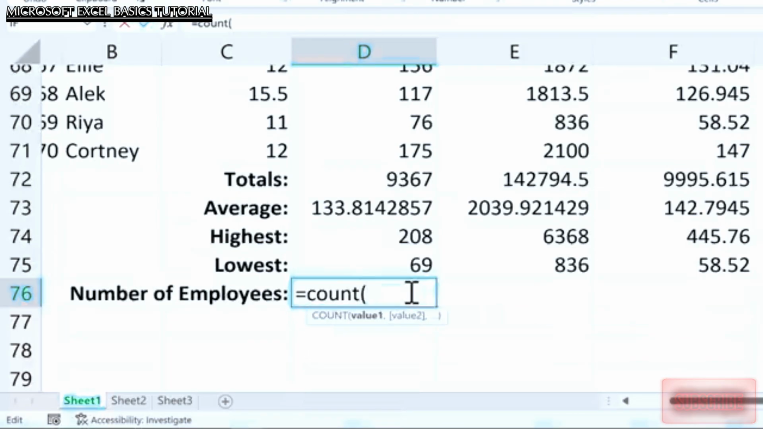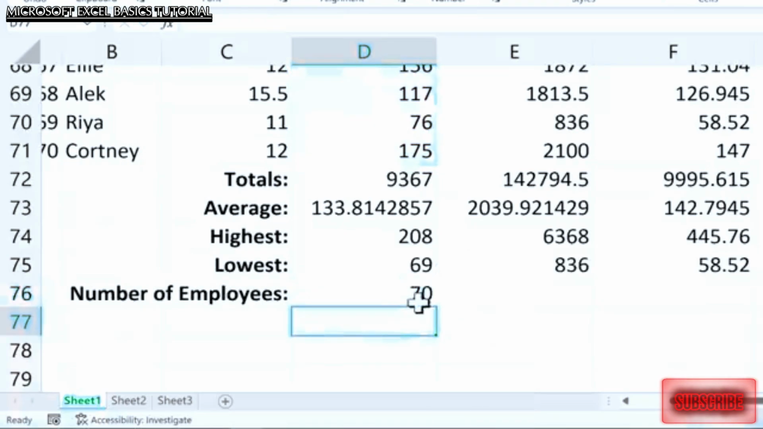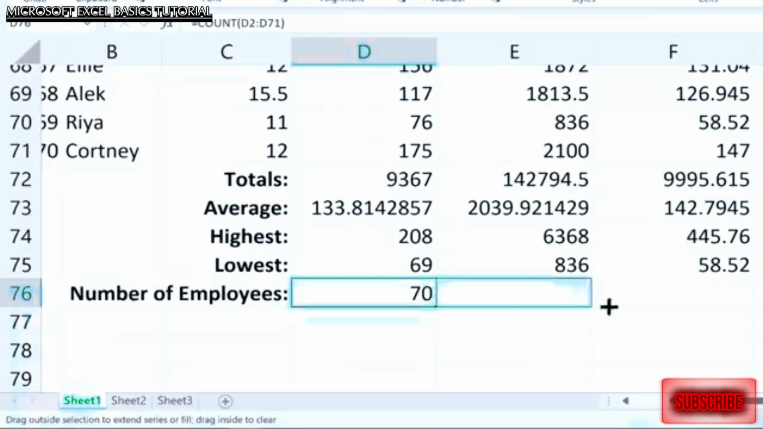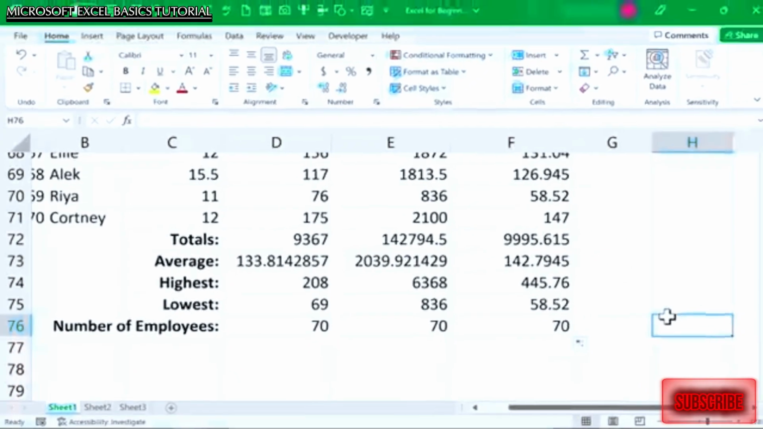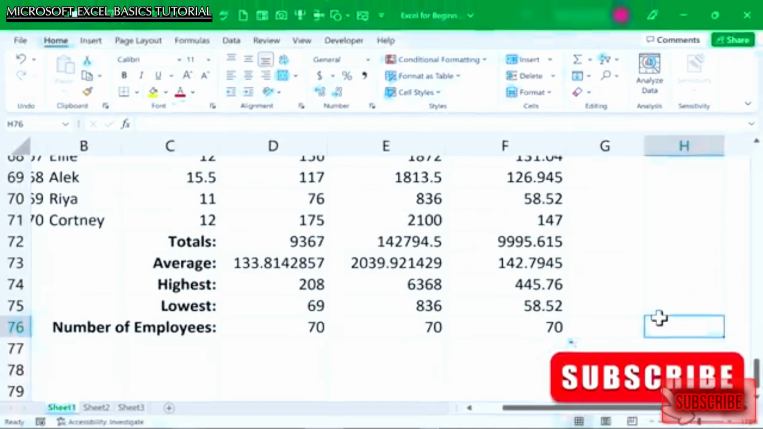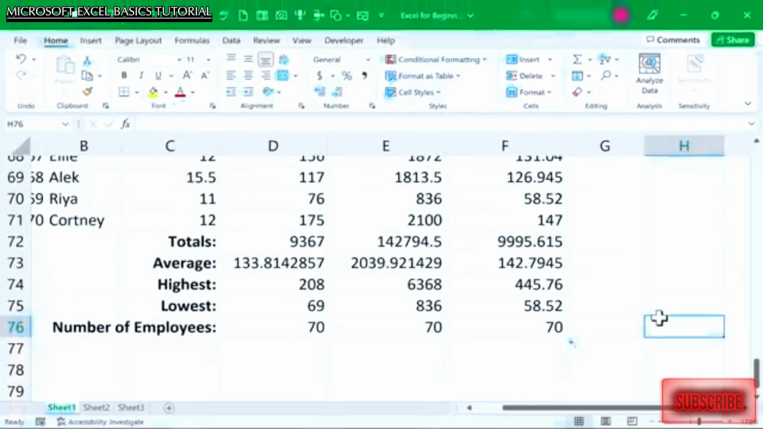So left parenthesis, once again, D2 through D71, right parenthesis, tap enter, and it counts up 70 different cells in that range that have numbers. If I wanted to, I could autofill this over, but it's just going to give me 70 again. So those are the 5 or 6 most commonly used functions in Microsoft Excel. If you want to learn more functions in Excel, check out my other videos. I have lots and lots of different functions that I show in those other tutorials, and there's more to come